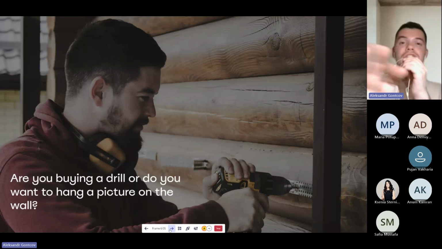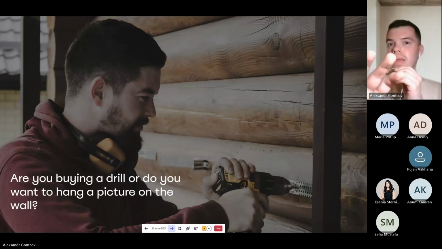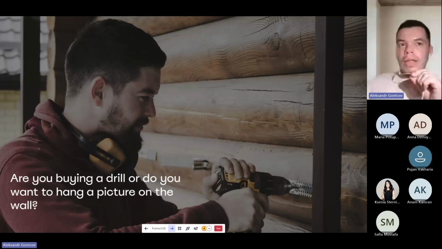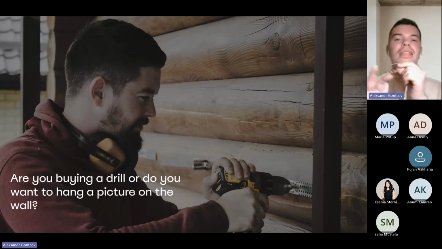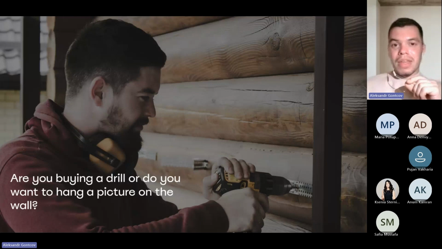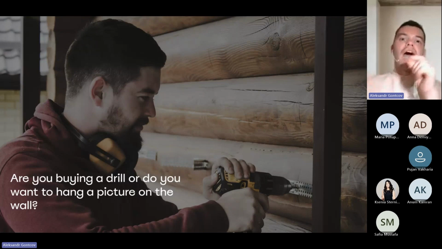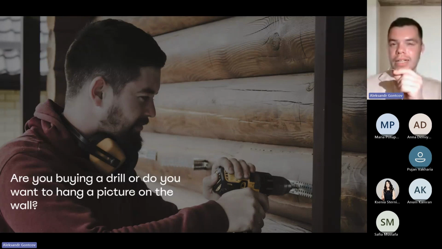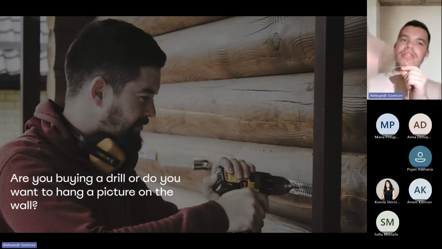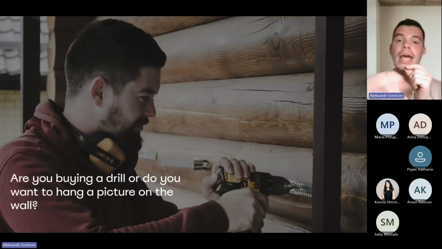Think again, just an example. Think about this picture, or just a person who buys a drill. That person probably does not want a drill. They are not collecting drills, maybe in some cases, but not in this one. They're not just buying a tool, they are buying a solution. They don't want to have a hole in their wall, right? Probably they want to have another hole to cover that one. So they are trying to hang a picture, not just drill a hole in their wall.